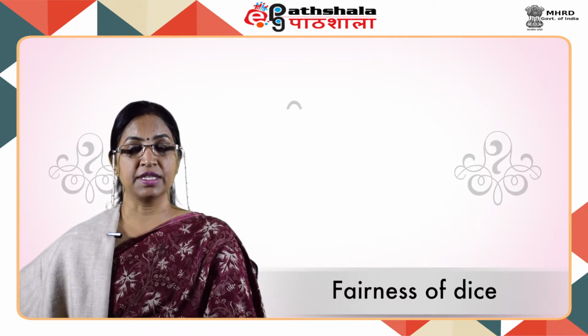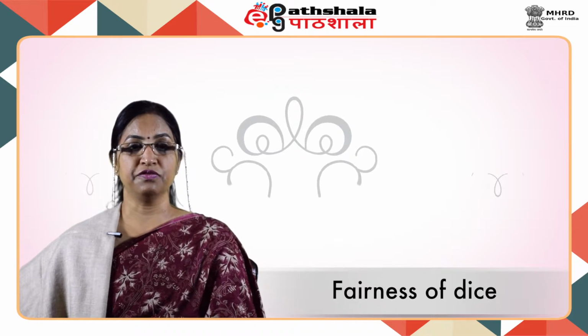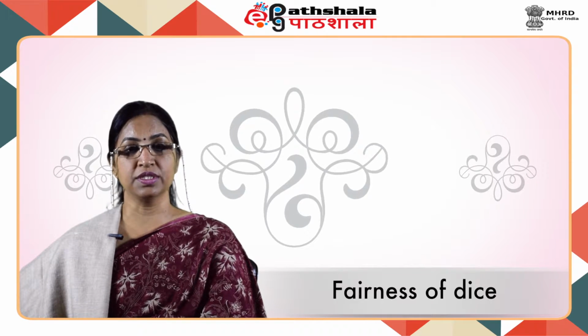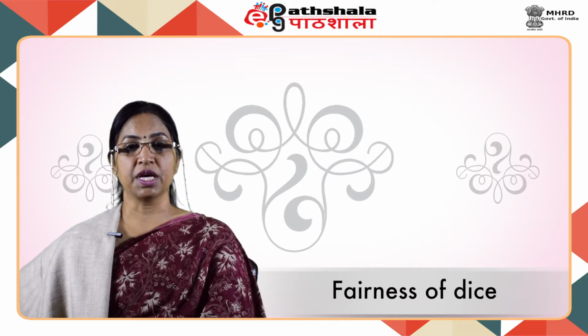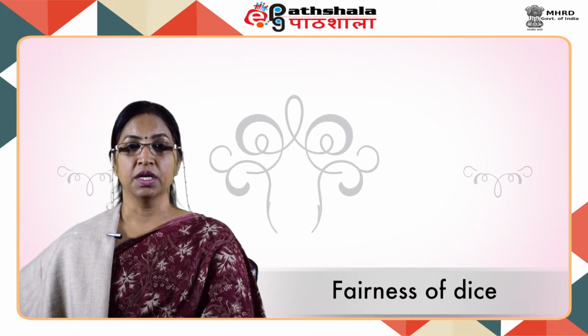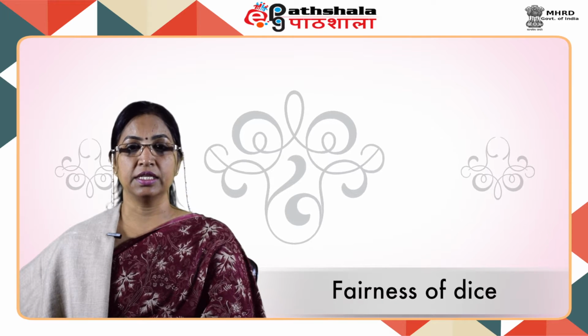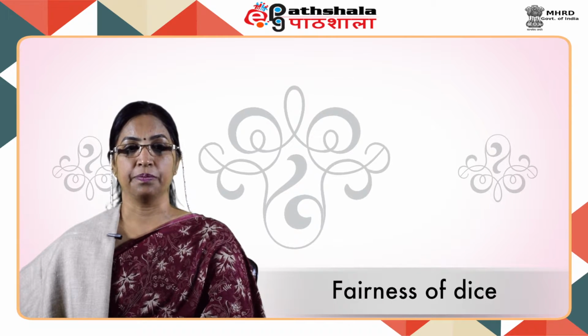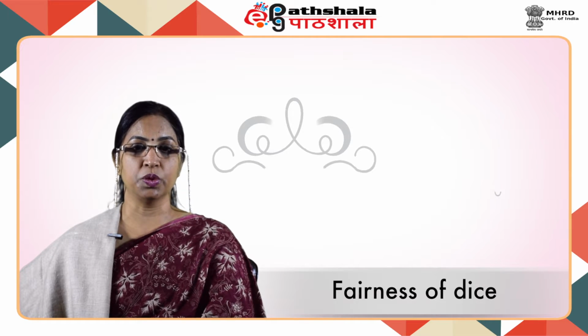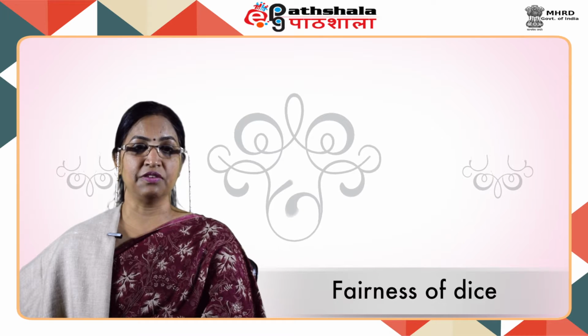The fairness of dice example will illustrate it further. A 6-sided dice is thrown 60 times. The number of times it lands with 1, 2, 3, 4, 5 and 6 face up is 5, 8, 9, 8, 10 and 20 respectively. Is the dice biased, according to Pearson's chi-square test at significance levels of